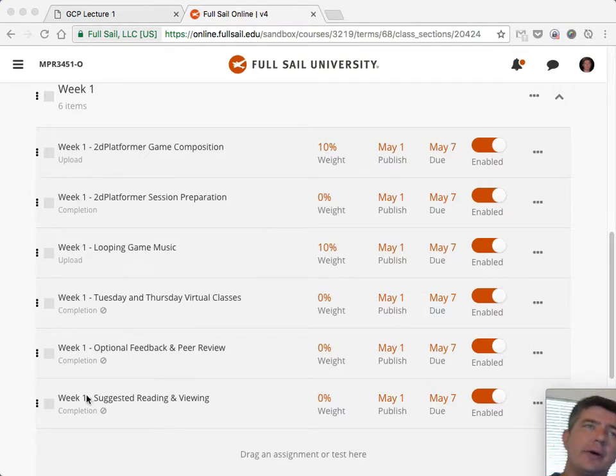There's also suggested reading and viewing. There is a textbook that goes along with the class, A Composer's Guide to Game Music, and it has great supplementary material about a lot of the topics that we will hit on, and there are suggested chapters that go right along with the different weeks of the month. There are also included videos and interesting ideas and articles and things to check out that correspond to the topics for each week. And that's the first week overall.